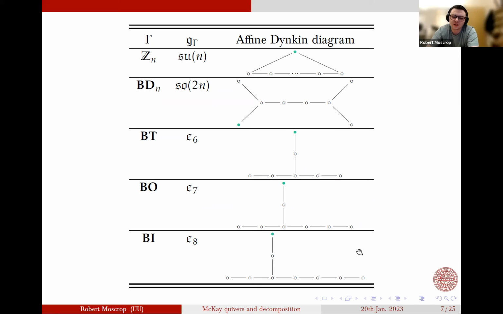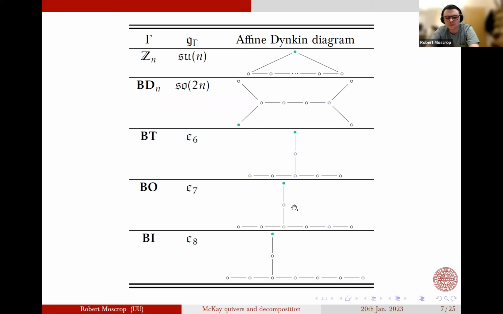So forget my error on the bottom two, and just pretend that I know the affine Dynkin diagram for this thing. But the point is that in this case, with the geometric version, you still get the same group. It's just you don't get the affine. This is the Cartan matrix, the genuine group, not the affine version.